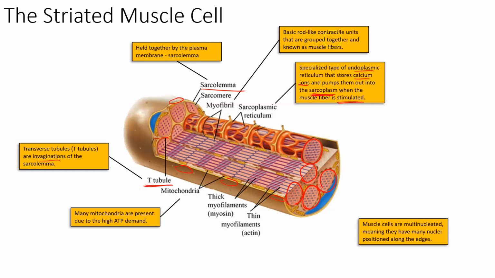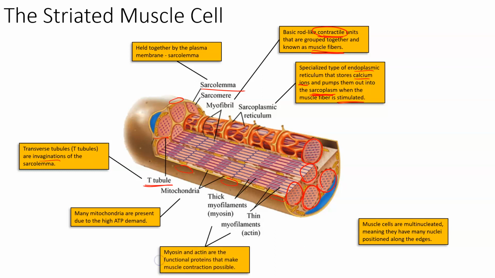These are basically protein-based contractile units that are grouped together and known as muscle fibers. When you look at a muscle, you're going to notice that it's very stringy and very fibrous, and all of those fibers are protein-based, and they all have the ability to contract. The whole purpose of this video is to talk about not only why they're fibrous and filamentous, but also how the fibrous nature of that particular cell gives it the ability